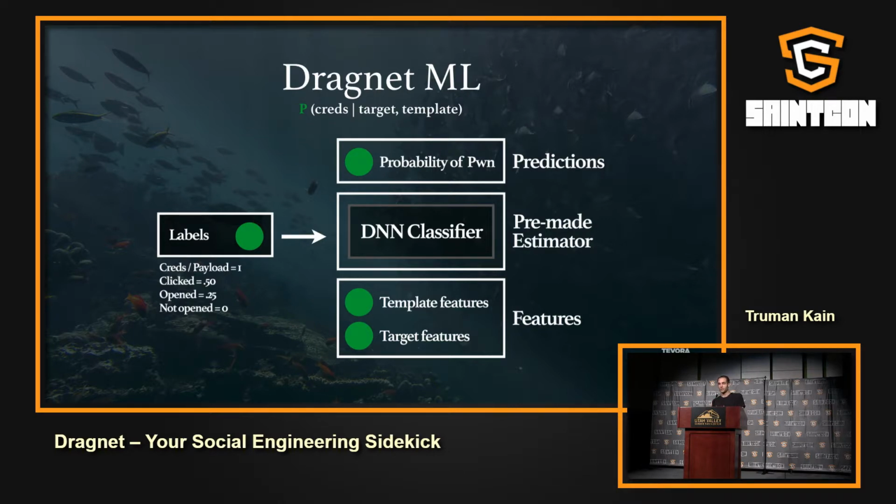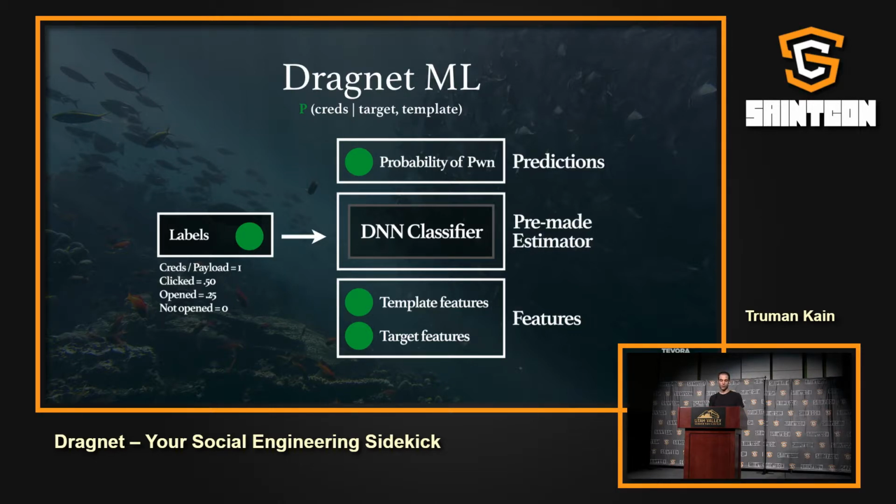We have the template that we sent them, and we have tags assigned to that template. So maybe Amazon unusual login detected would be Amazon, shopping, urgency, security, those potential tags. And each template that you bring in, you can tag differently. Now, using this data, we can add in new targets for another engagement, and we collect data points about them. Then we correlate the similar data points that they hold to find out which template we should send them that they have the highest chance of converting for, based on that previous conversion data.